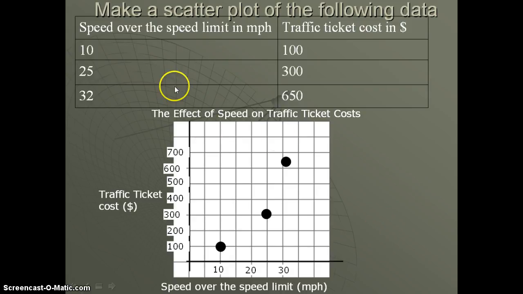So if you look at the difference between going 25 and 32, that's a really big difference. That's a bigger difference than between 25 and 10. I hope you know a bit more about graphing now. In your Cornell notes, do not forget to write your